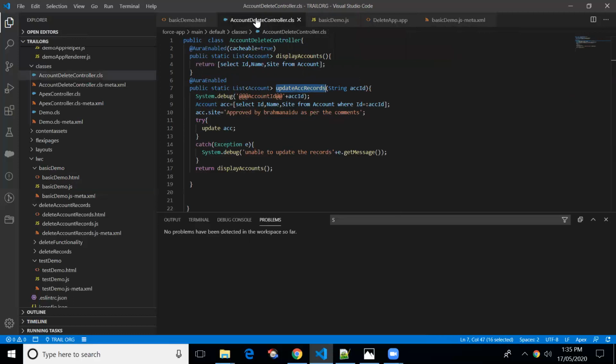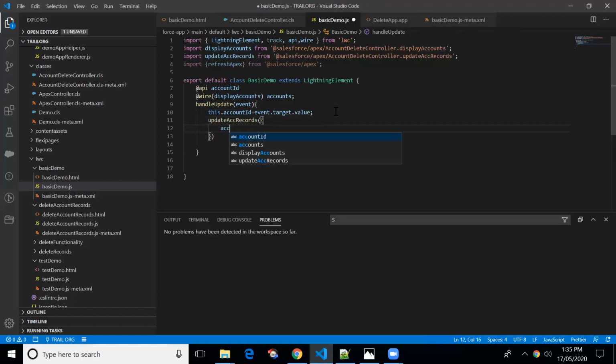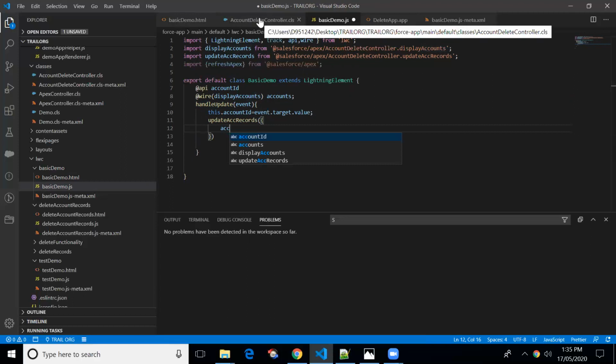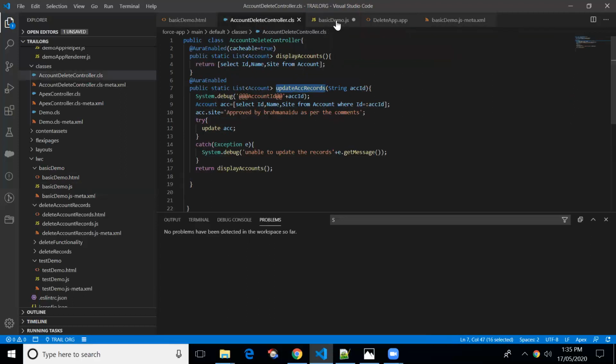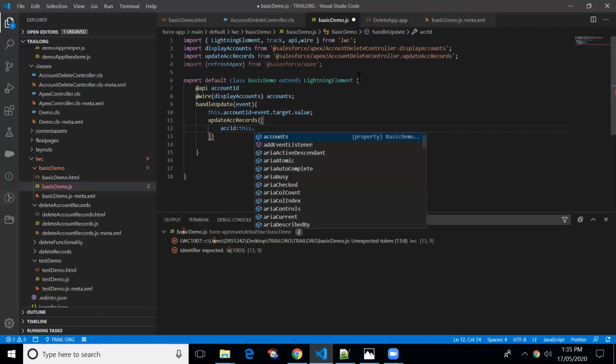So what is the name of the method for updating a record? Update account record, right? For ACC ID, let me check the parameter name, ACC ID. For ACC ID, I'll be passing the current account ID.